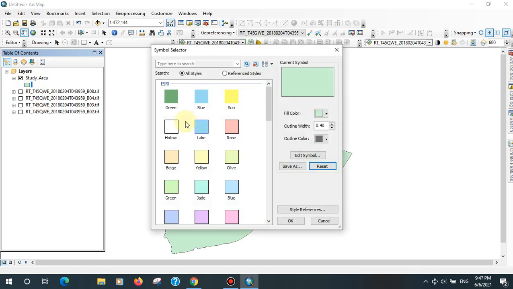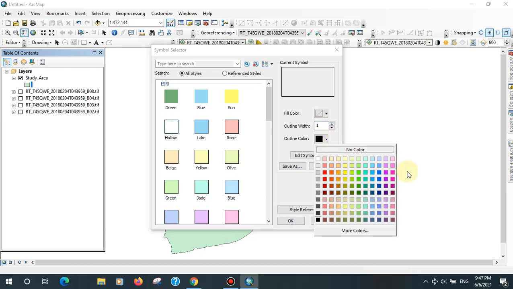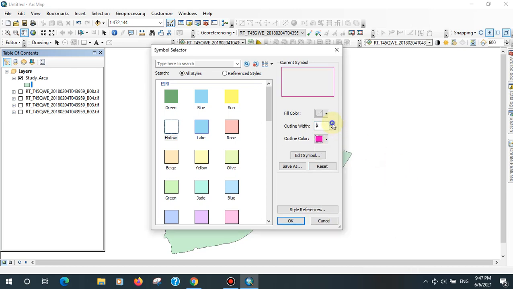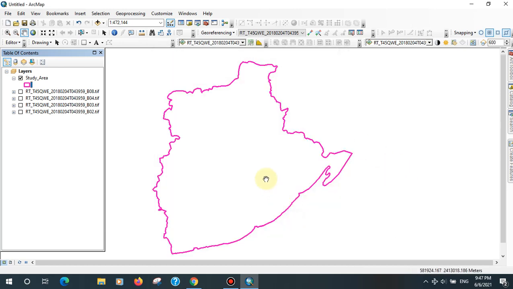Okay, so today's tutorial model, we are going to create a model. Basically, we want the model to first create a layer stack image, and after that extract the NDVI value from this image. So let's start the tutorial.